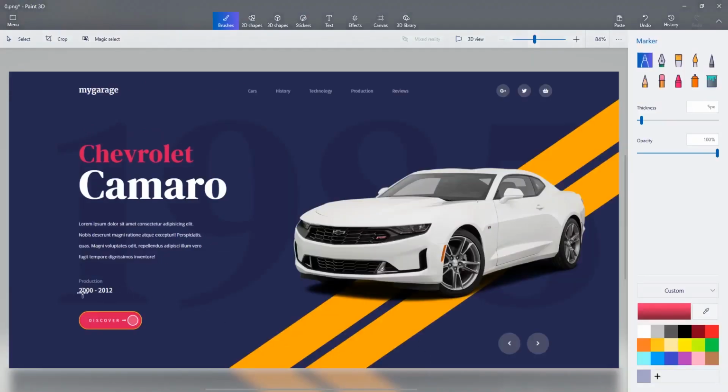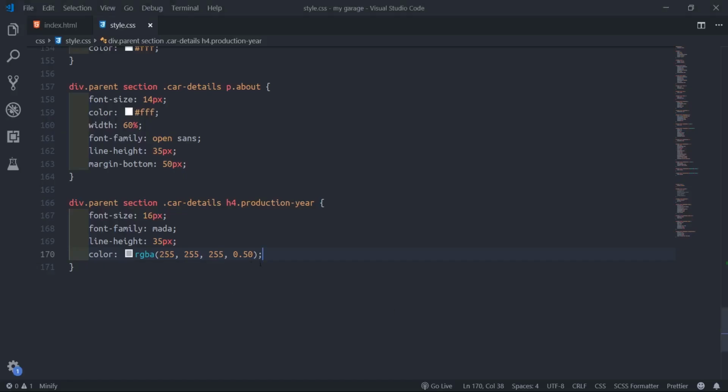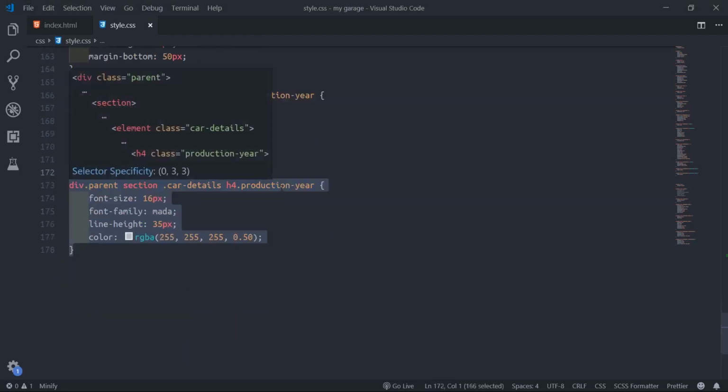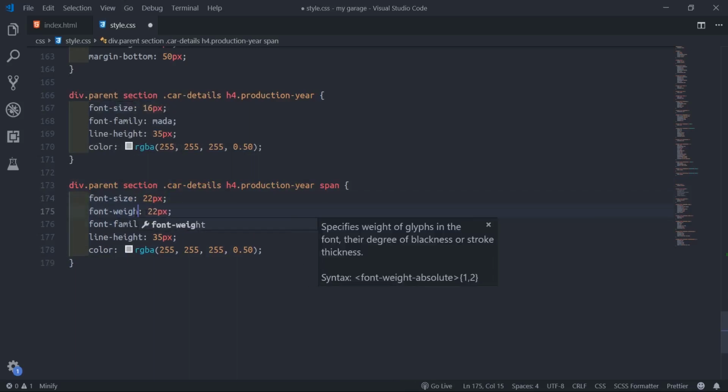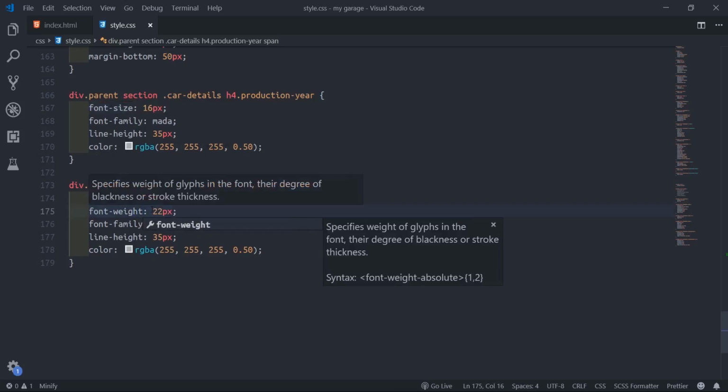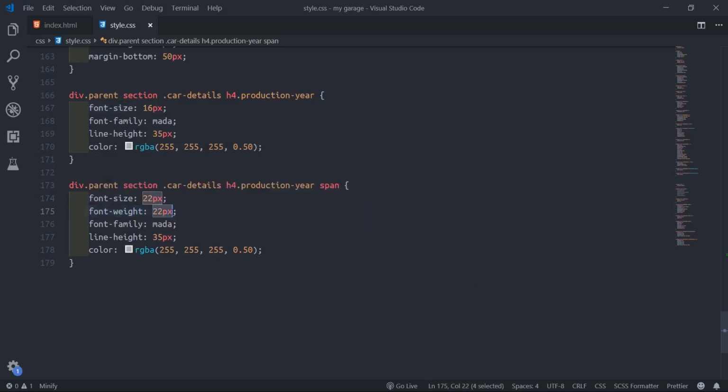What we need to do now is to make our text white and then give a small line height. Okay. Duplicate this one. Production year, then we target the span tag. So maybe for span, increase the font size to like 22. Then font weight could be like 600.